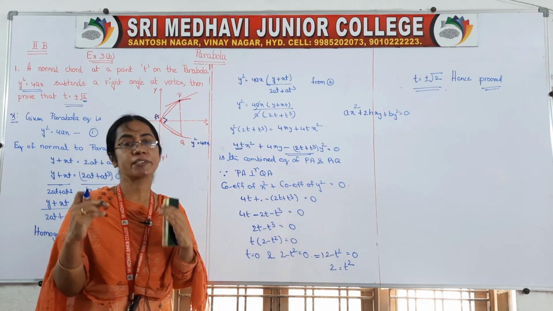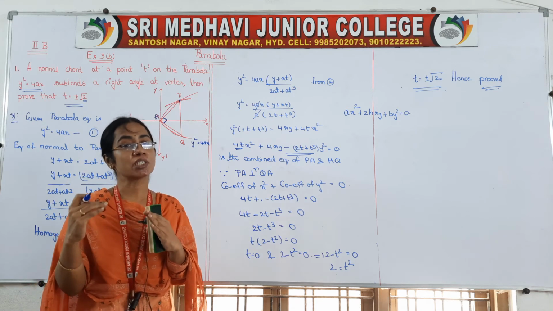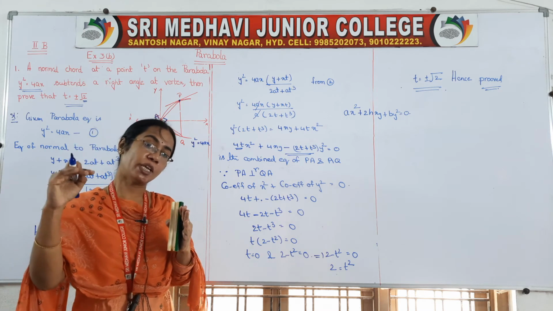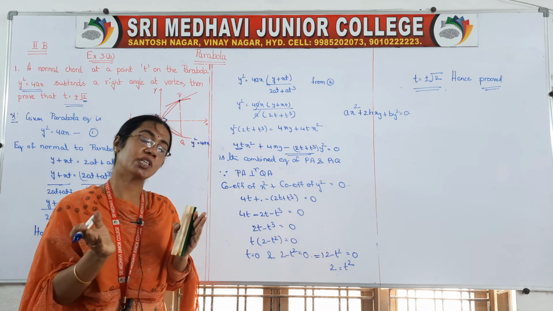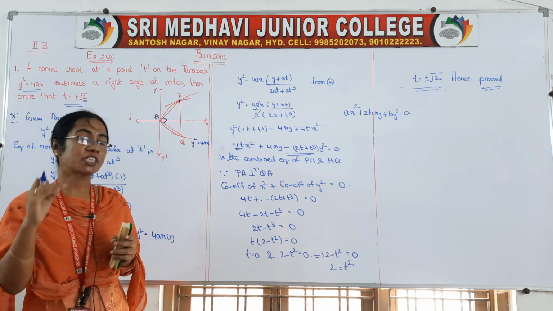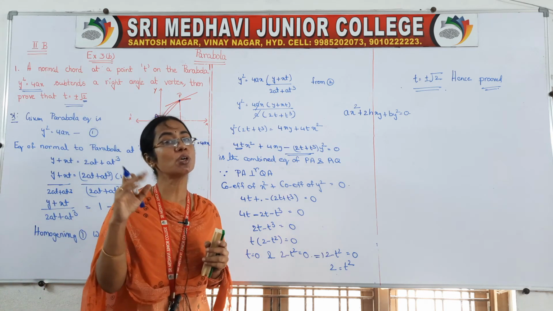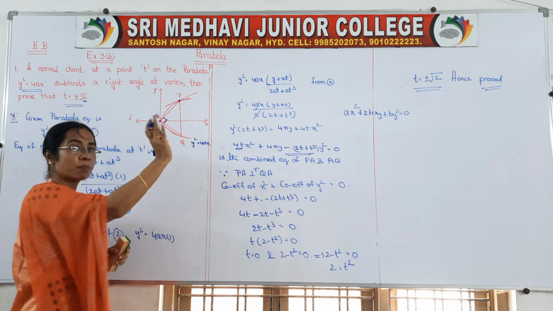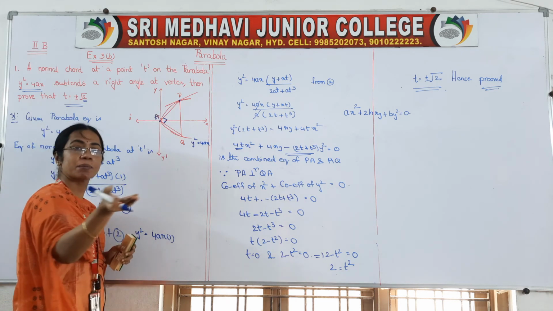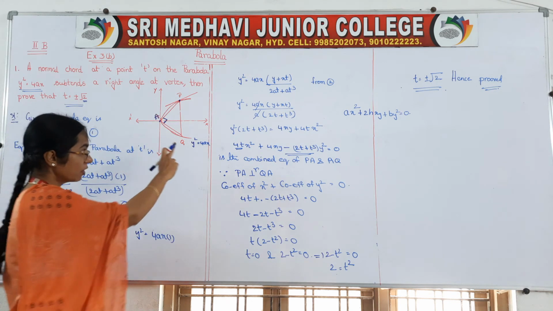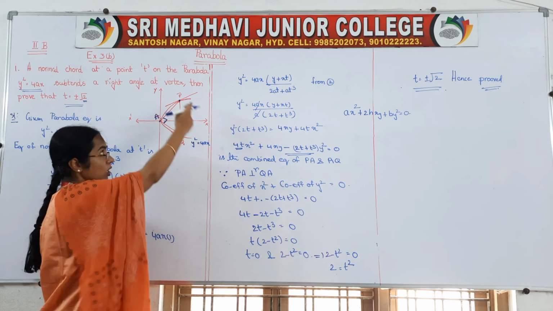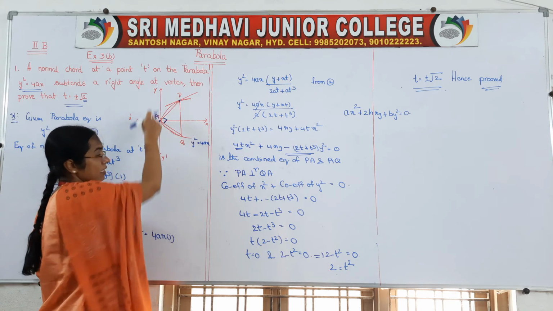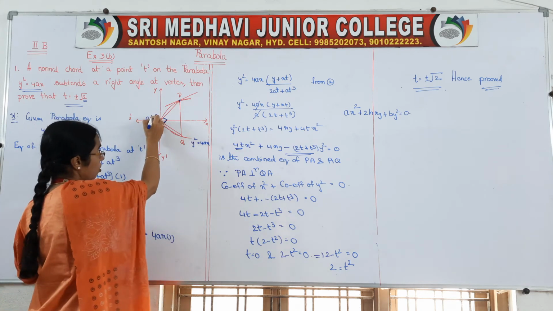two line equations in the form of ax square plus 2hxy plus by square is equal to 0. If those OA and OB lines are perpendicular to each other, then we will take one formula: coefficient of x square plus coefficient of y square is equal to 0. Okay, so here also if you observe the parabola, the standard parabola equation, the vertex is nothing but the origin 0, 0. Whenever y square is equal to 4ax is the parabola, this is the curve equation, and its vertex is the point of intersection of x and y axes, nothing but 0, 0, the origin only.